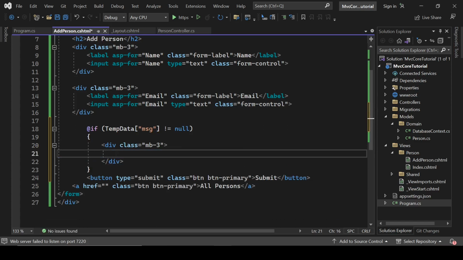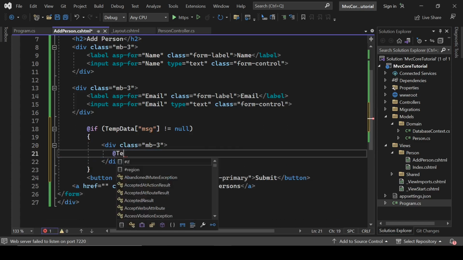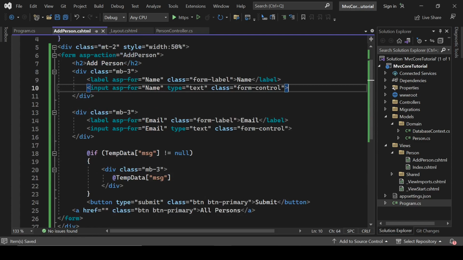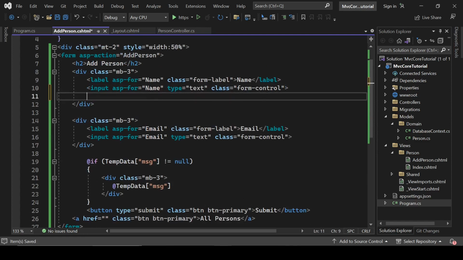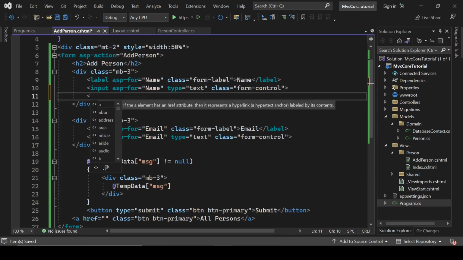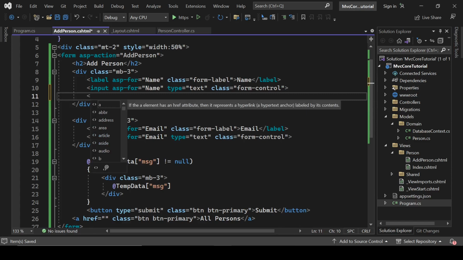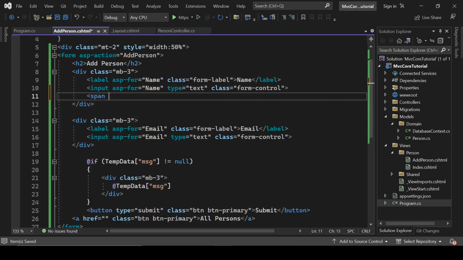So here we will display a message which will be TempData dot msg, and we will add some validation messages here. So we will write something like span and class equals to text error, not text error, it's a text-danger,